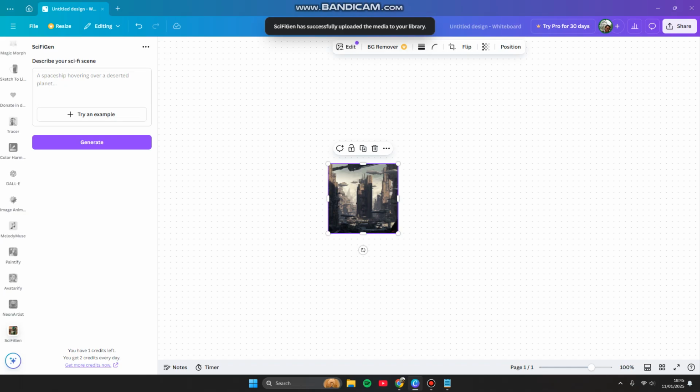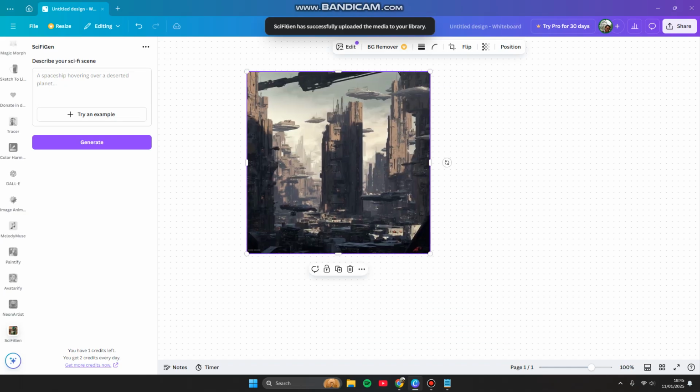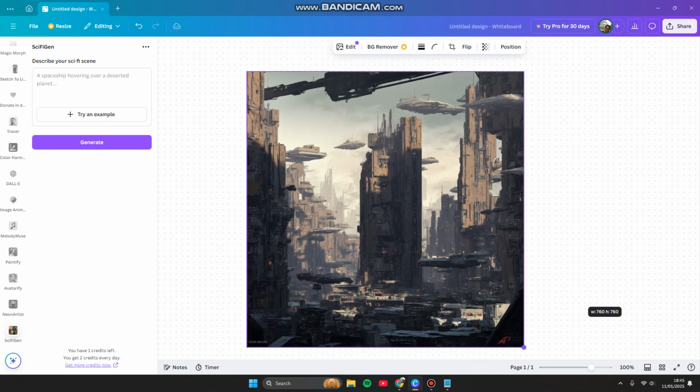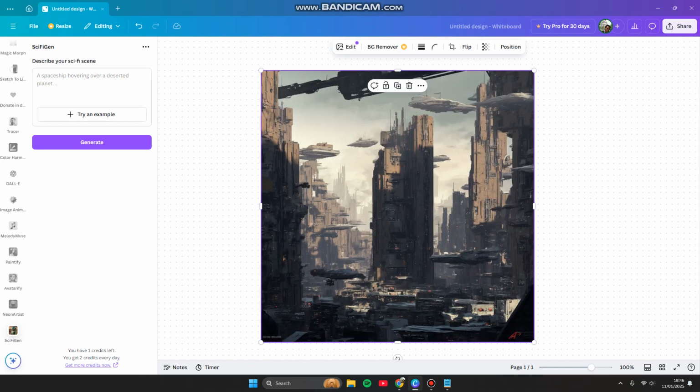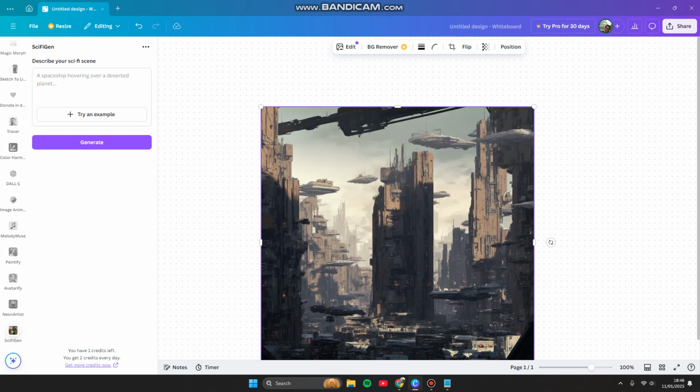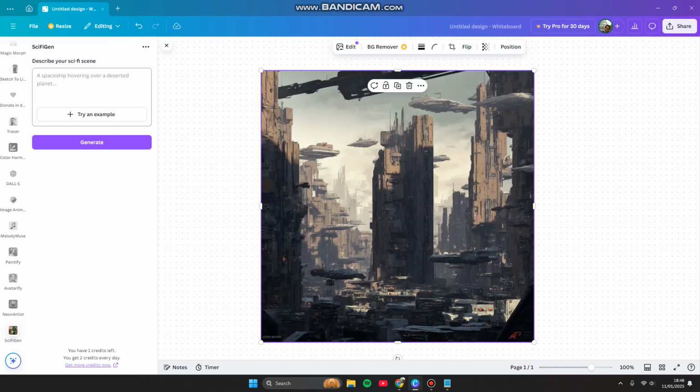And here we go. This is the result. So a flying car over a modern city right now, as you can see. So you can try to describe your science fiction scene in here. Feel free to